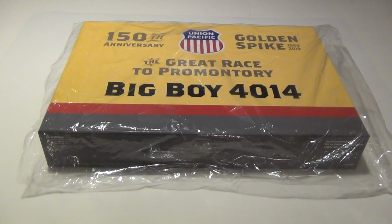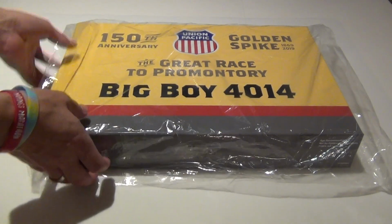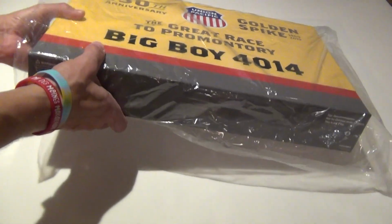Athearn just released their latest run of ALCO 4884 steam locomotives, also known as the Big Boy. This particular one is the Great Race to Promontory version, so we're going to go ahead and do an unboxing, go through some of the prototype history, and we'll go ahead and run through tests of the functions and see how it runs. So I have not had this locomotive open yet, so it comes in this outer bag,